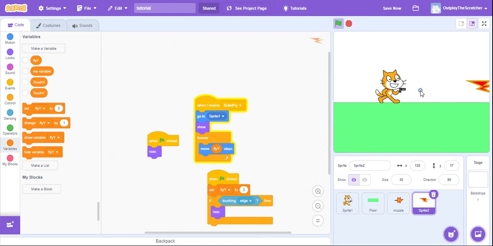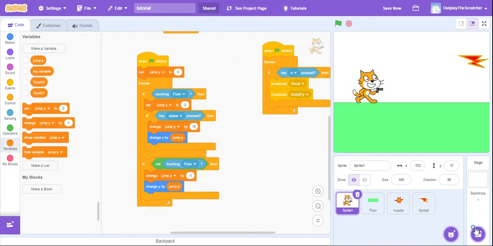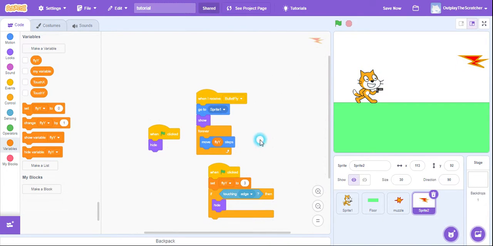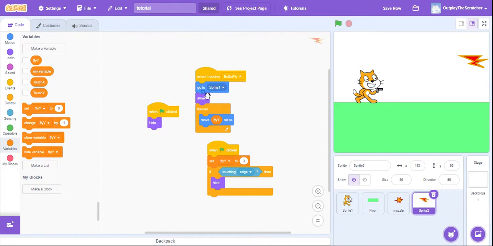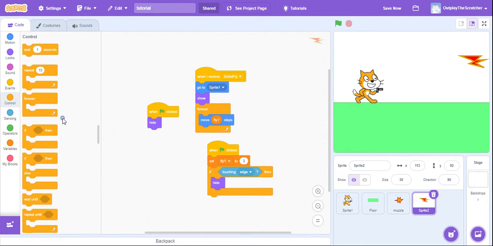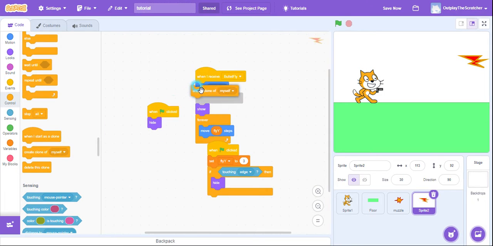As you can see, it's going, but the problem is it teleports back when we shoot. Let's just fix that. So now I see bullets fly, go over here, then create clone of myself,